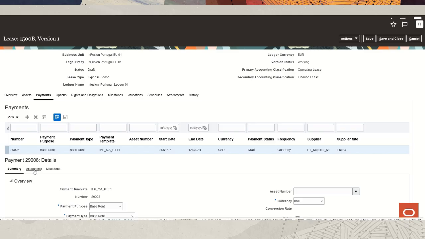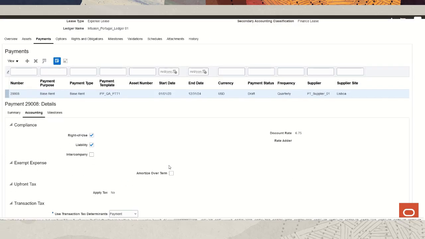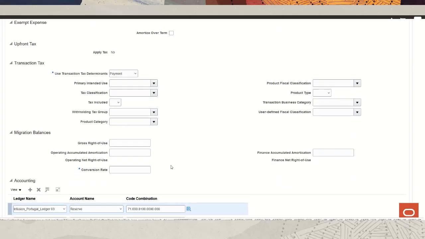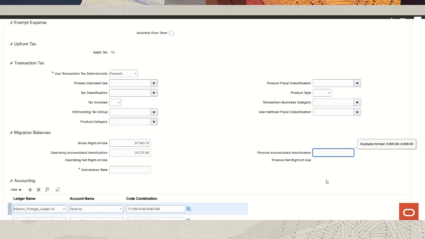We get there by clicking on the accounting tab. Under the accounting tab, there's a section called migration balances. We'll enter the gross right of use as $9,978.43.78. We'll have the operating accumulated amortization as $23,278.98. We'll have the finance accumulated amortization as